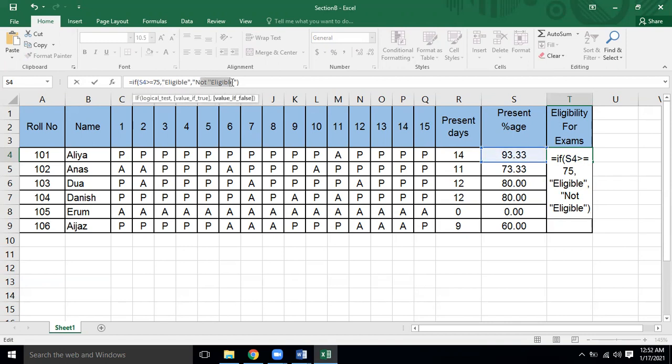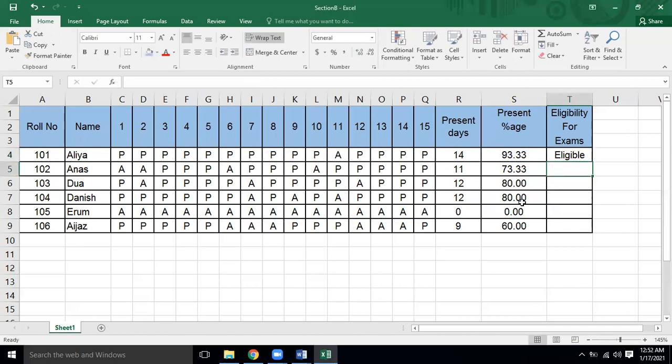Just like in the previous examples of the practical, when we did the pass or fail, we said that if the percentage is greater than or equal to 40, pass, otherwise fail. In the double quotes, we had mentioned that thing. So over here, we will write this statement to evaluate the value, and we will have the result accordingly. This is eligible.